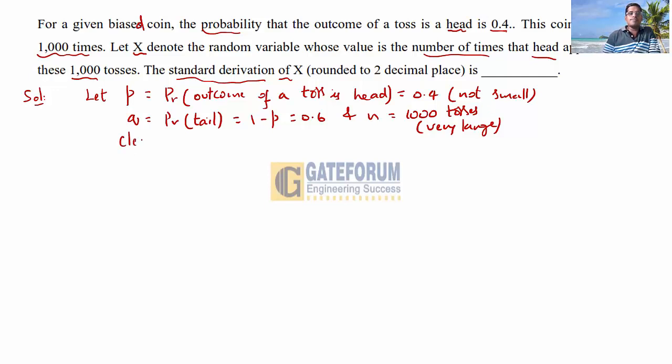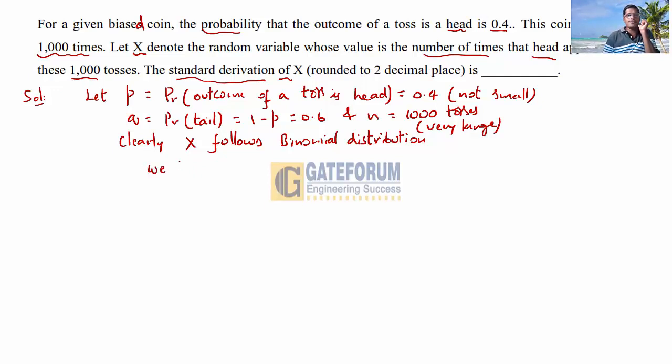So clearly x follows binomial distribution. Here x denotes the random variable, the number of times that head appeared in these 1000 tosses, already given. So